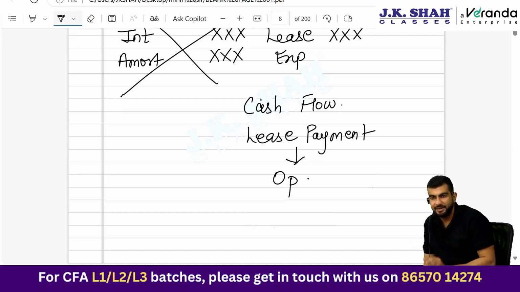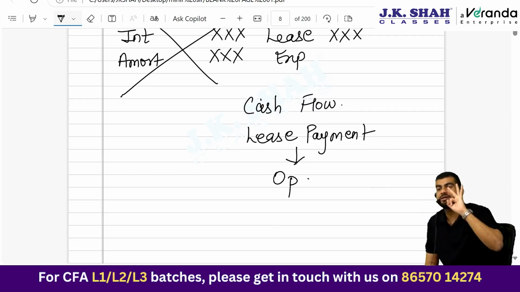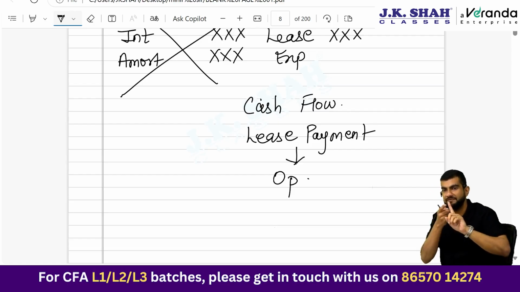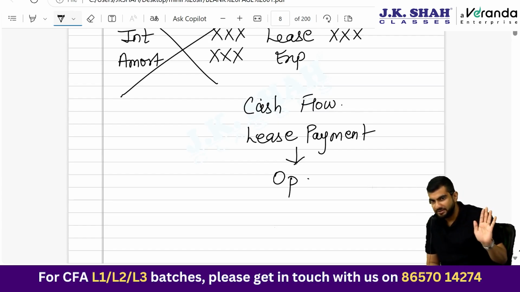So if I have to summarize in simple terms, out of 4 accounting treatments, how 4? 2 of IFRS, operating and financing, and 2 of US GAAP, operating and financing, in the books of lessee. 3 are exactly the same: IFRS finance, IFRS operating, US GAAP financing. Just US GAAP operating was notorious for having a different treatment. Okay. Done, treatment discussion done in the books of lessee.